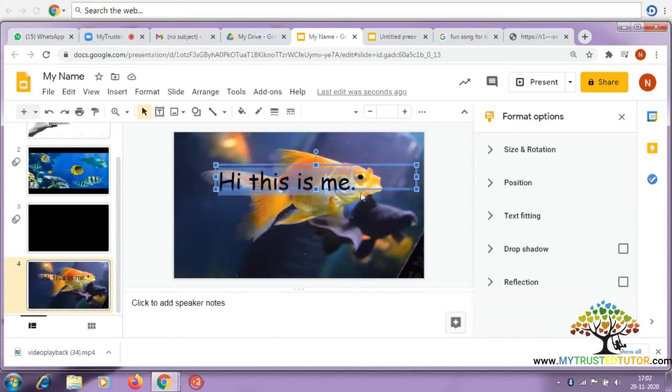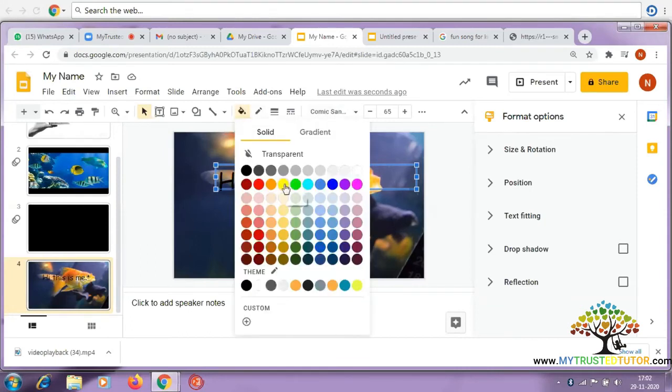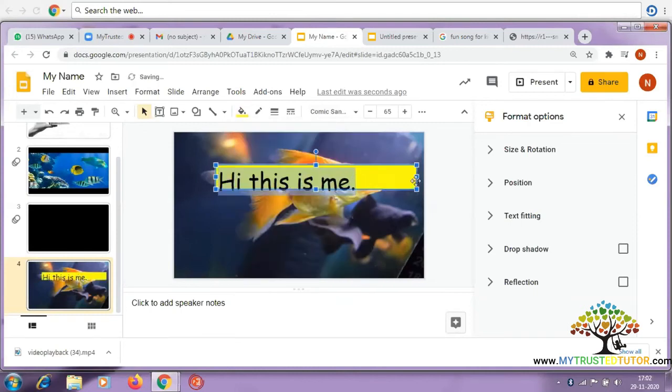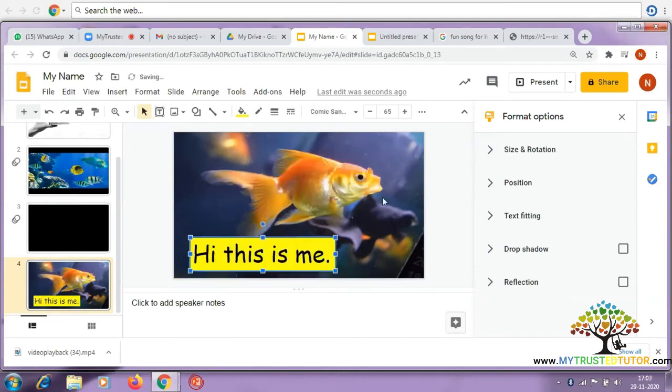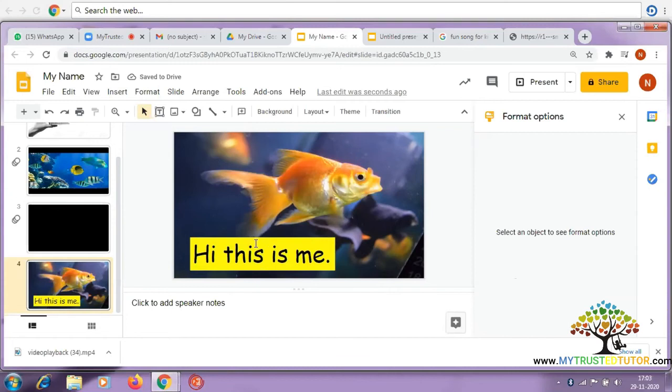So you can change the text. If you can see that the wording is not getting highlighted, you can even highlight it. I go over here and put it on yellow so that it's more visible. So this is how I changed it. Even when you put a background, it becomes more attractive to the children, and they pay more attention when they see a background of something that they are going to be taught by the teacher. So this is how we put a background for the picture.